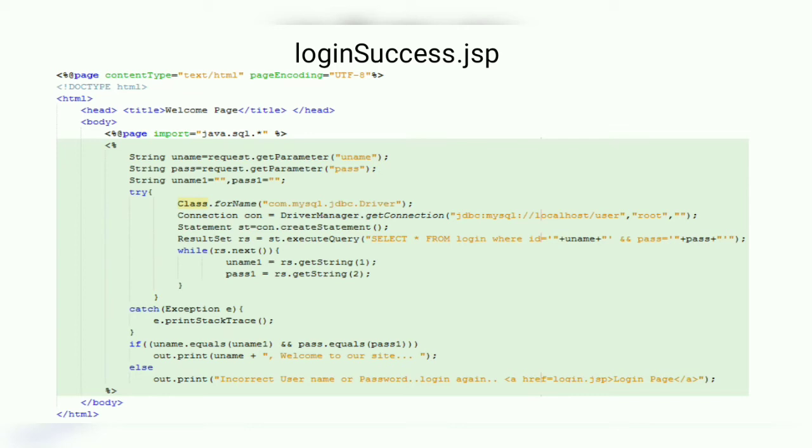And the third statement is creating the statement object by which we will execute our query. We create the object of Statement as Statement st = con.createStatement. Then we create the ResultSet object for storing the data retrieved from the query. ResultSet rs = st.executeQuery("select * from login where id = uname and password = pass"). So by this query we will retrieve the ID and password which will be matched with our login